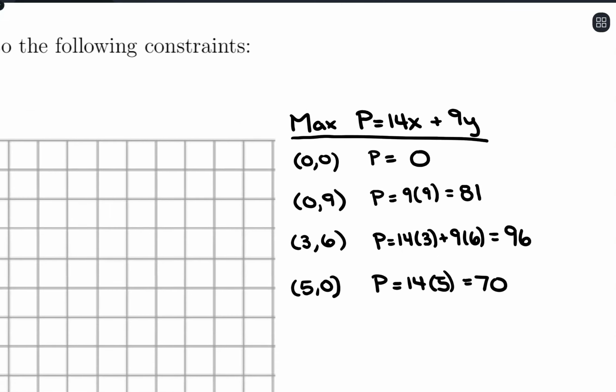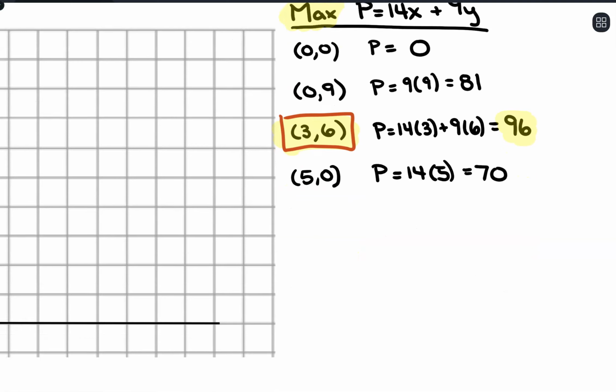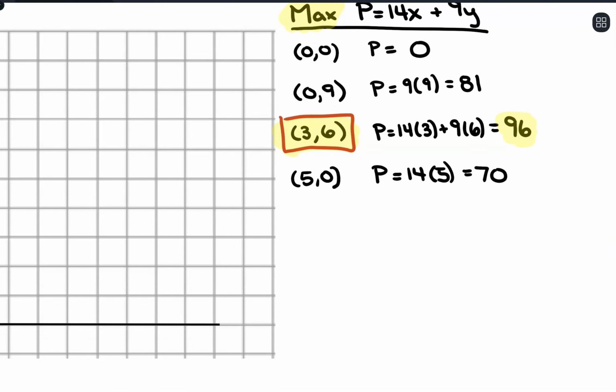So we have our corners. We plugged into the objective function for each, and our whole idea is that we want the maximum. So which of these maximizes p? Well, it's going to be the one that gives us the largest value for p. So you got p equals 96, and that came from the coordinate (3, 6), which means that (3, 6) is our solution. So the 96 is our value that's coming out,